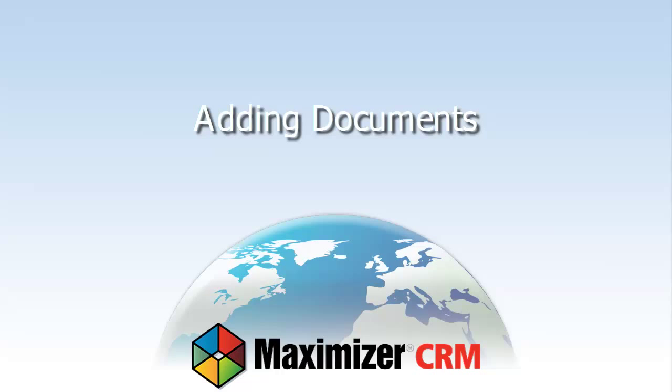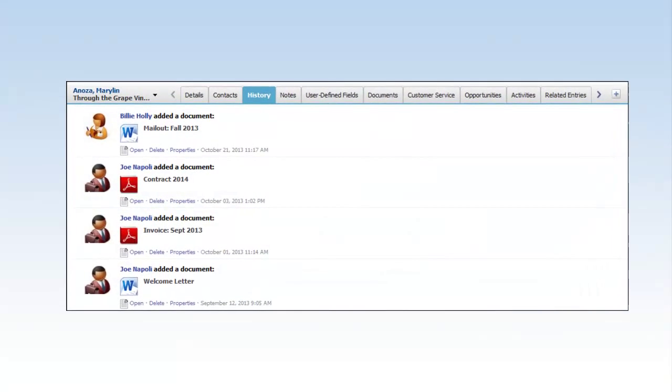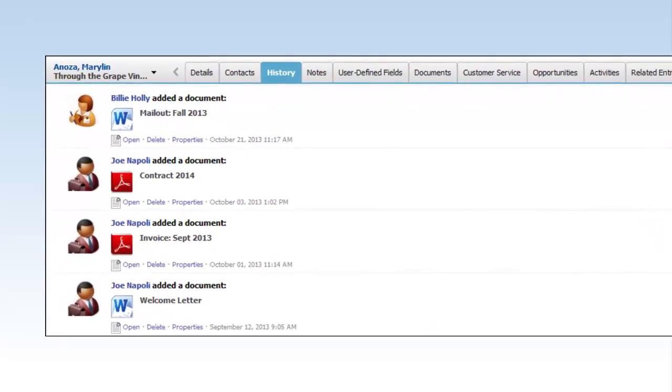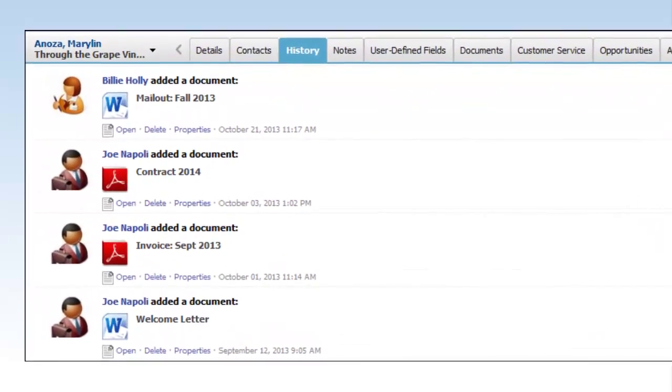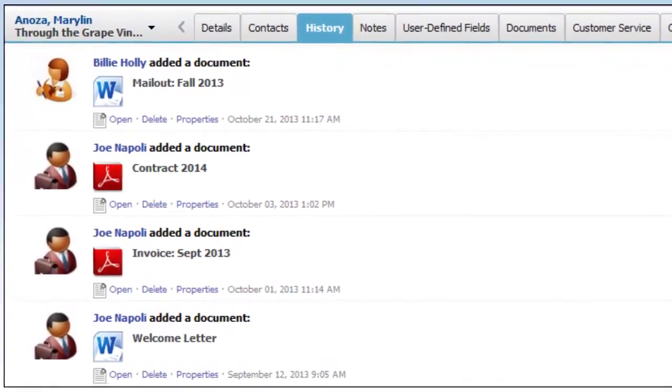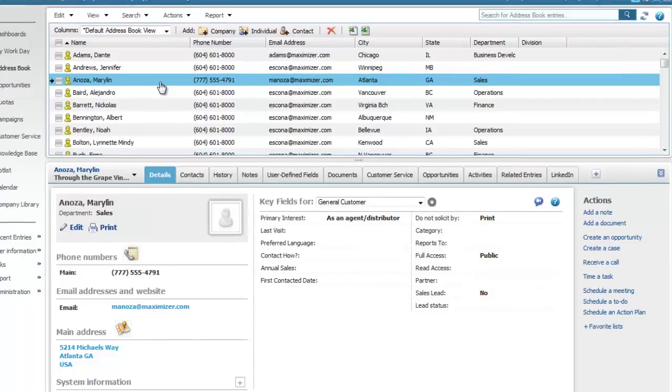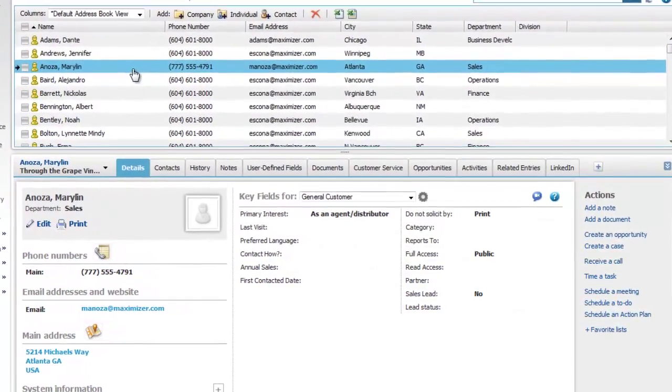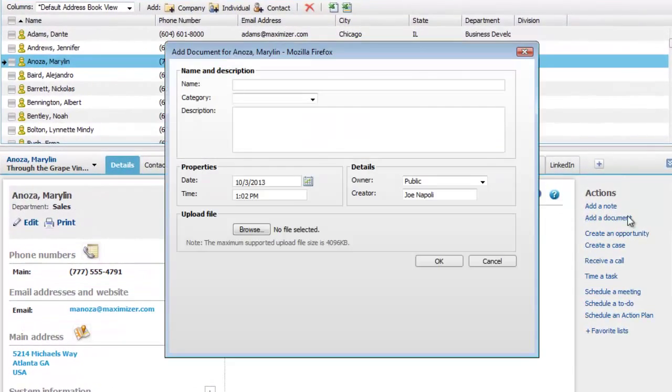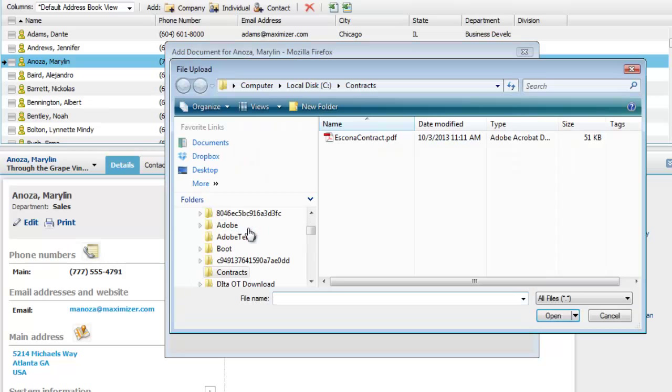Adding documents to Maximizer entries. You can attach external files such as invoices and contracts to Maximizer entries to help you access all important information directly from the entry. First, select the entry. On the right side of the Details tab, select Add a Document. Click Browse and select the